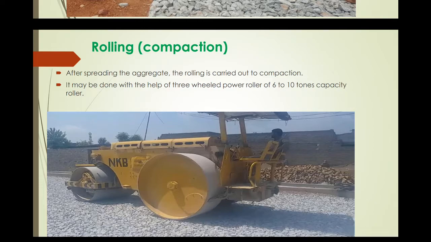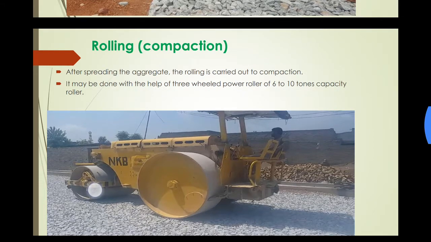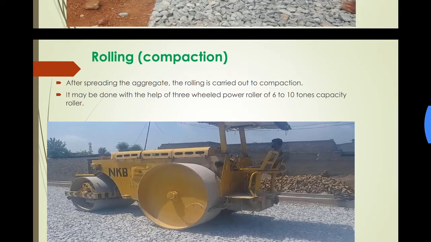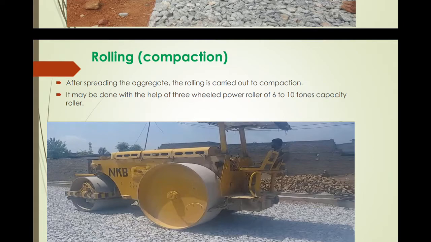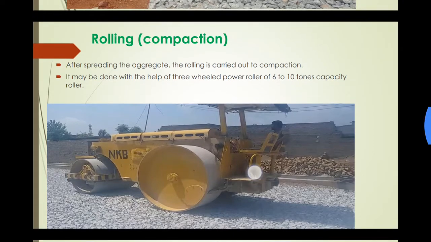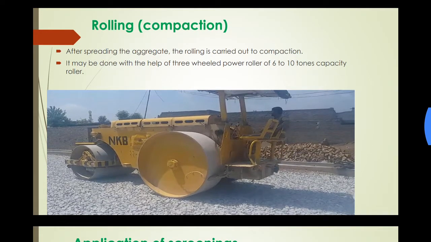Now rolling or compaction can be done by various types of rollers. This is a roller here. This is a smooth wheel roller. After spreading the aggregate, the rolling is carried out for compaction. And while we are doing the rolling operation,